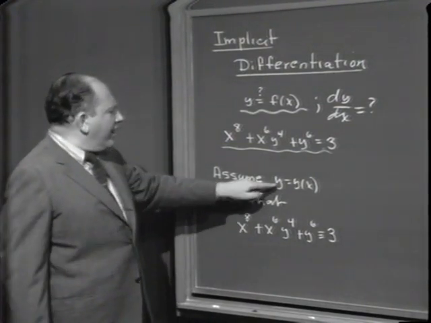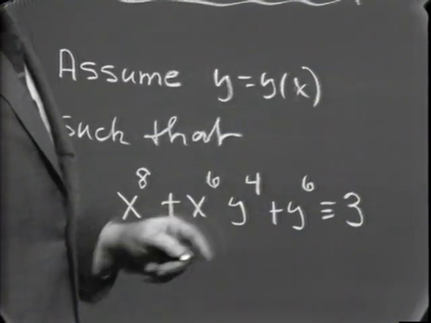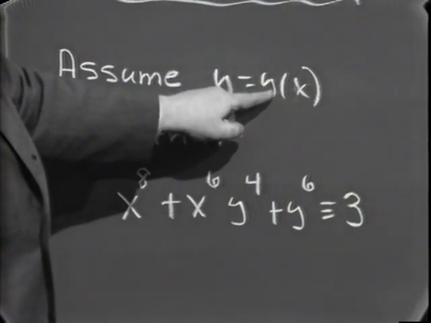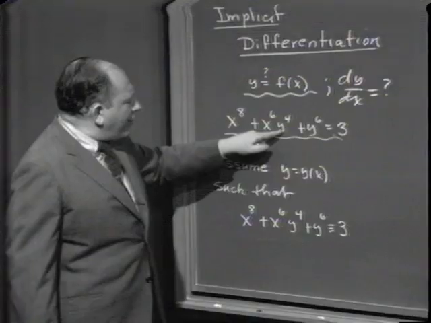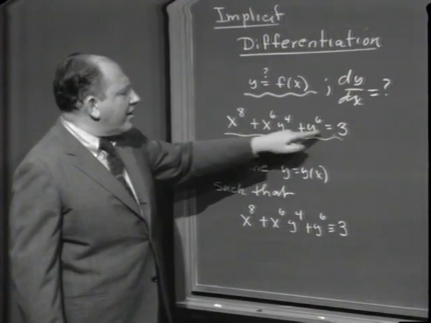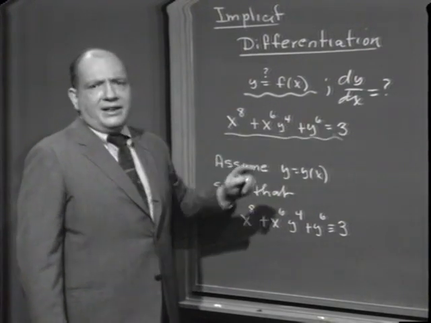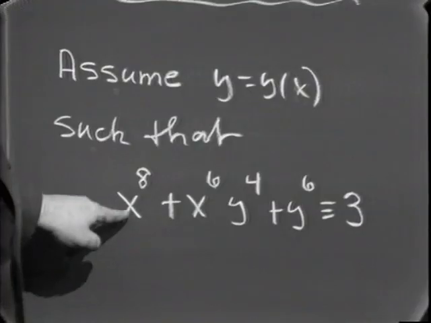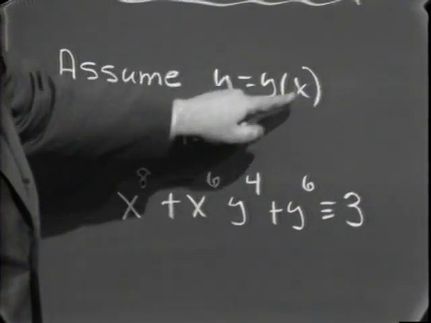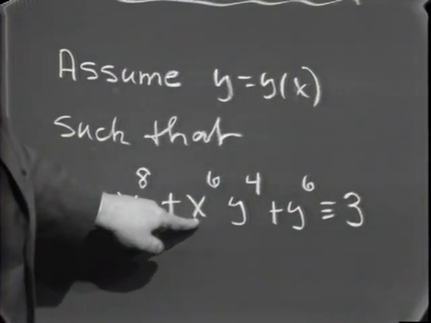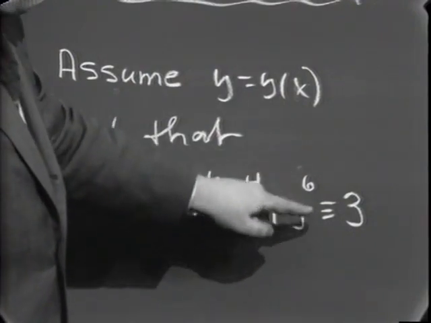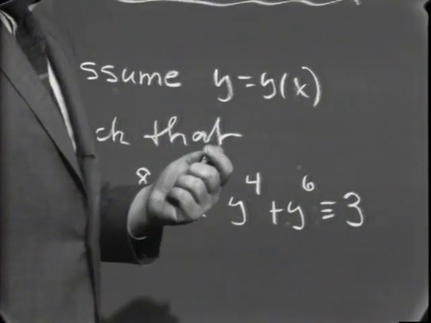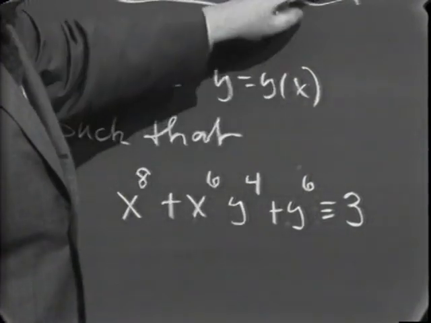Essentially what we say is, let's assume that y is a particular function of x. What particular function of x is it? Well, it's that function of x such that when you replace y by that function of x, this becomes an identity. And this is what I want to talk about next. You see, assume that y is that function of x such that when you replace y in terms of x, x to the 8th plus x to the 6th y to the 4th plus y to the 6th is identically 3. And notice the use of the 3 lines here to indicate the identity as opposed to the 2 lines